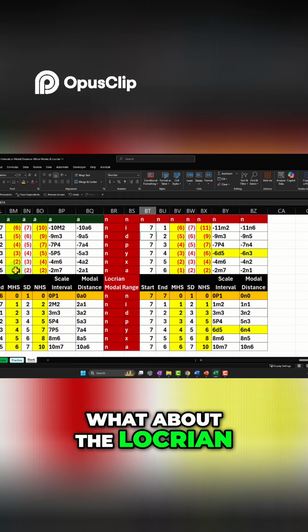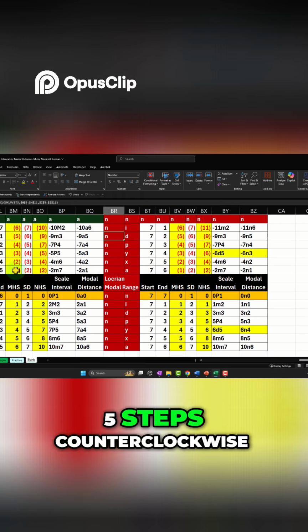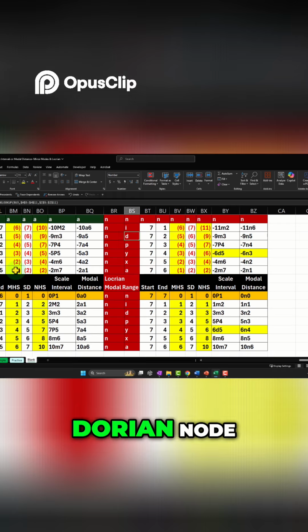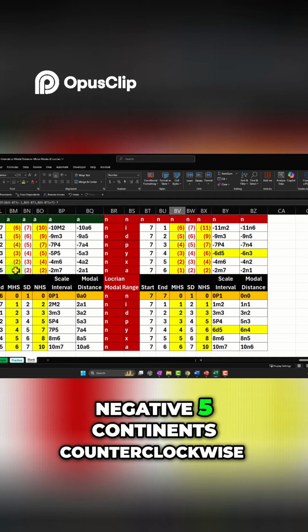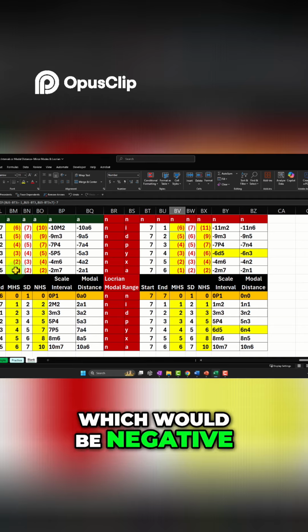What about the Locrian? If I go -5 steps counterclockwise, I land on the Dorian node, which would be a 7-2 modal range counterclockwise, -5 continents counterclockwise, which would be -5 modal half steps